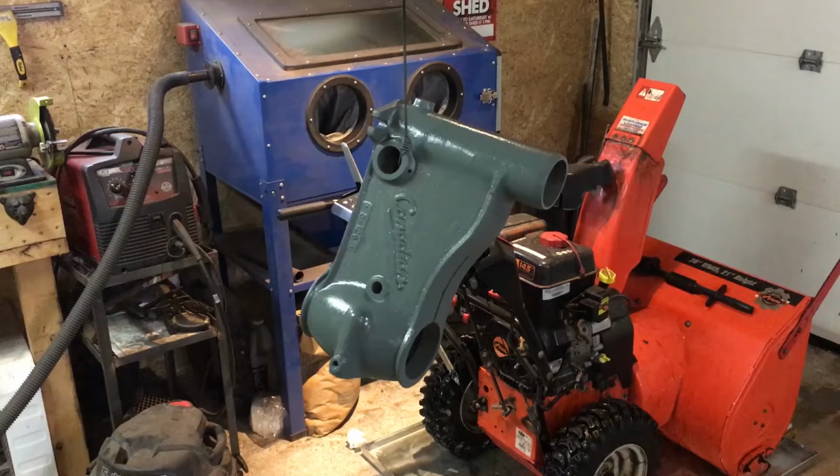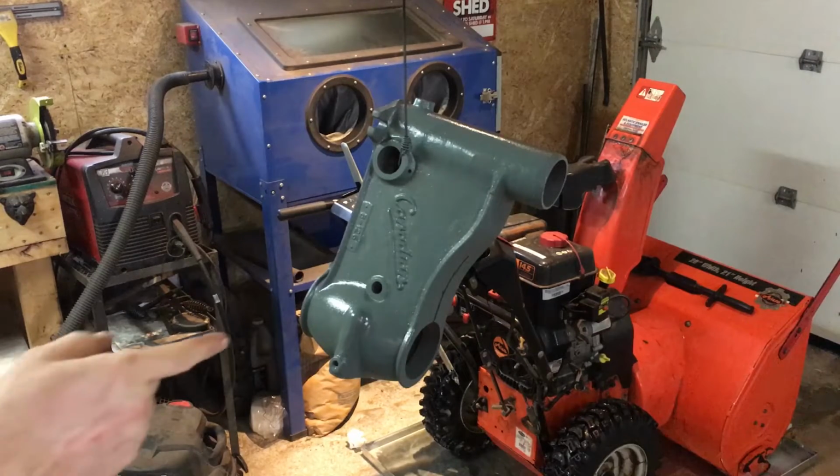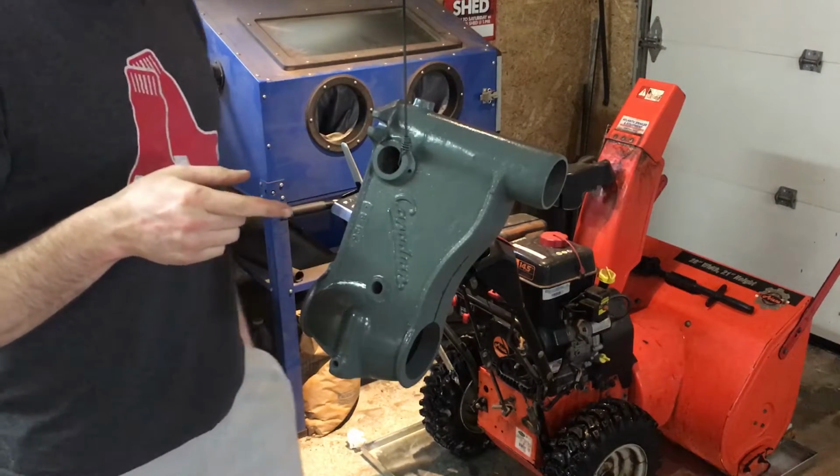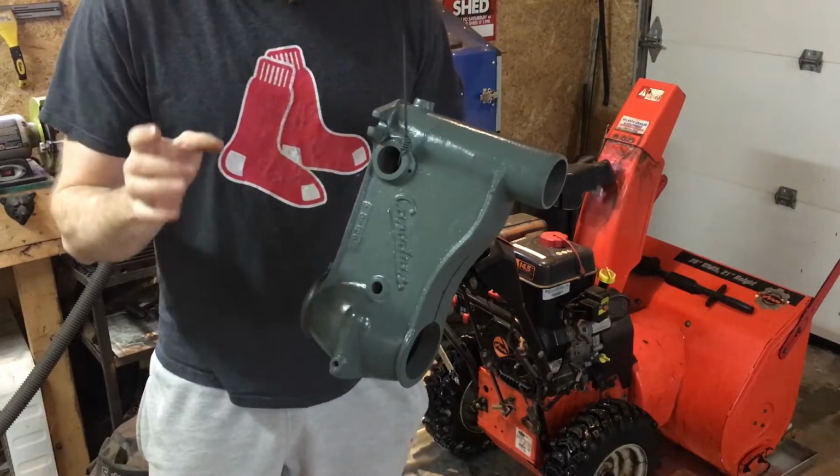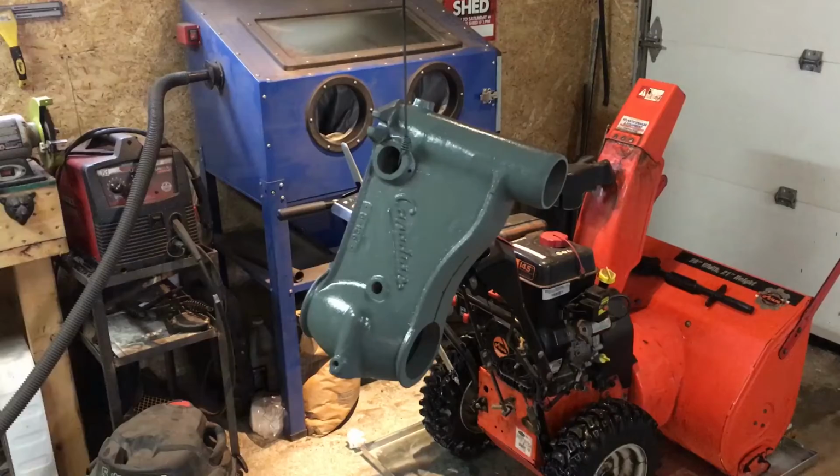So as you can see here, I went ahead and chose the utilitarian gray color that was on these originally. I had a can there that was very similar, so I just went ahead and decided to use that. So we've got the head done. We've also got